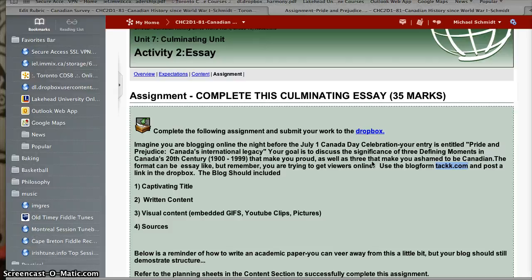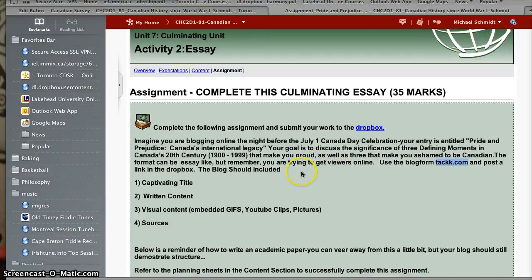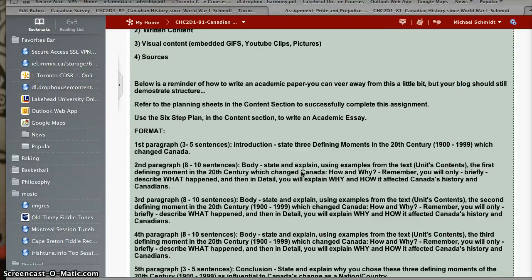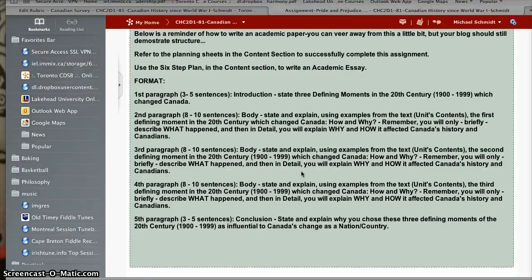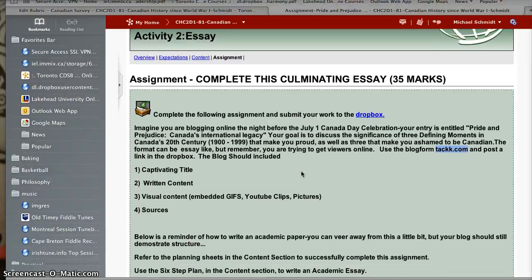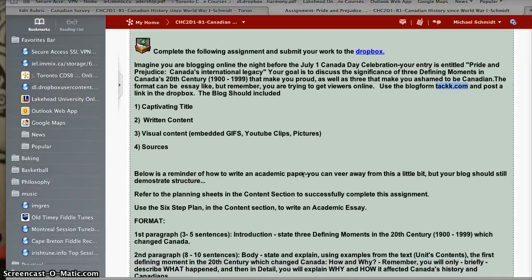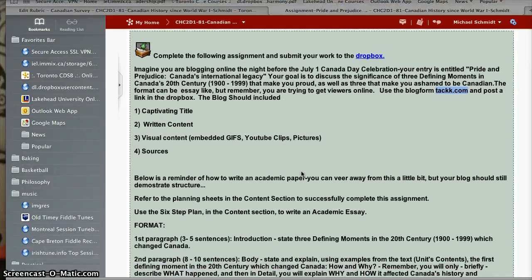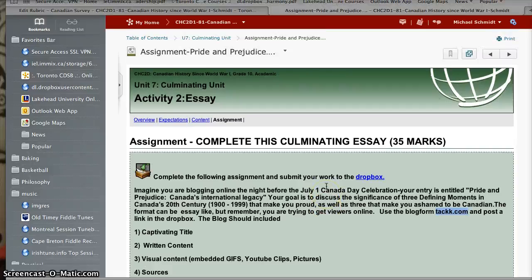I don't think either of these are particularly difficult assignments, but they do take some work and some research, and you should cite everything as usual. So I hope that helps you out. You can find the blog or the rubric for this as well. If you want to clarify it, you guys who are working on it right now, feel free to send it to me early if you want me to look it over.